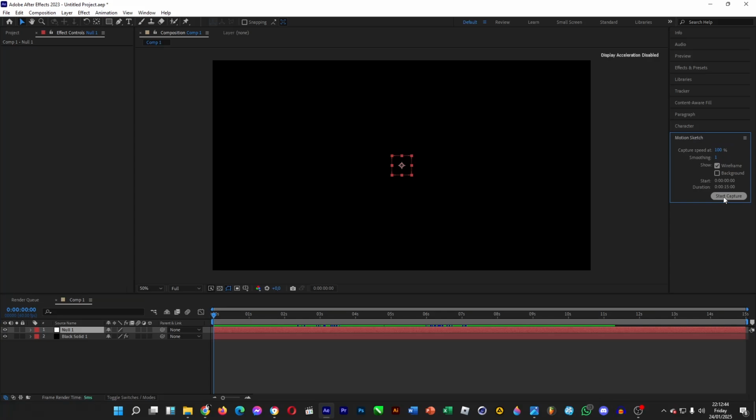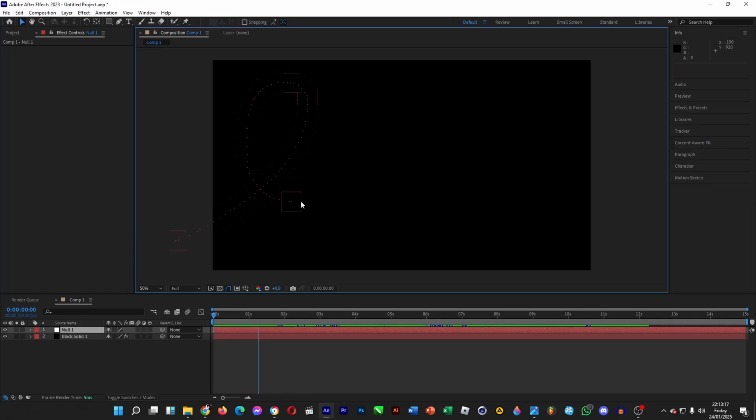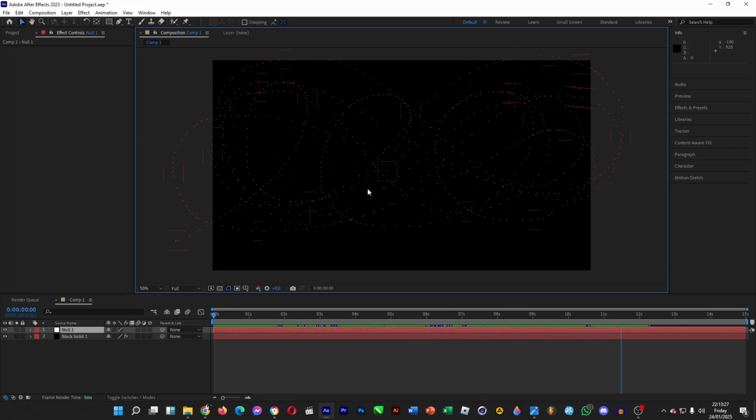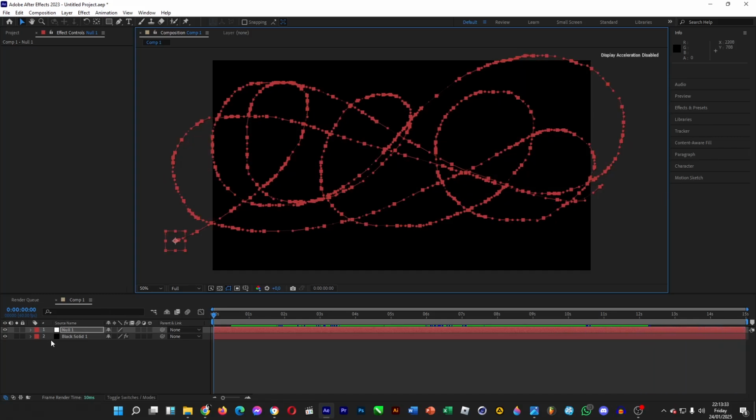Click on start capture. Let's say if you want the particle to start appearing from here. And then you start drawing the path of the particle in circular motions, just like these. Fancy, isn't it? And then when you're done, all you have to do is to